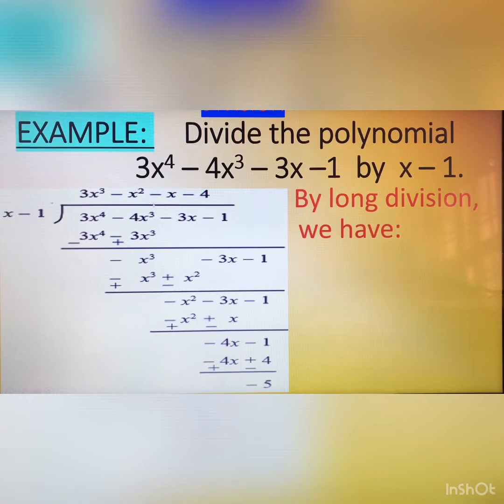So multiply minus x into the whole divisor. You will get minus x square, and minus minus again plus, and plus x into 1, that is x. Once again you subtract these two terms by changing the sign. This term contains a negative sign, so you will put plus here, and this contains a plus sign, so you will put minus. These are opposite signs and the same terms, so this cancels out. Now minus 3x and this is minus x.